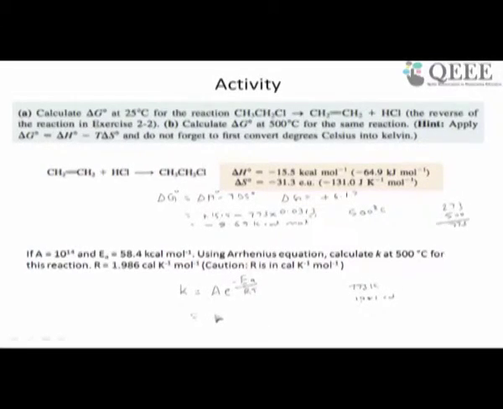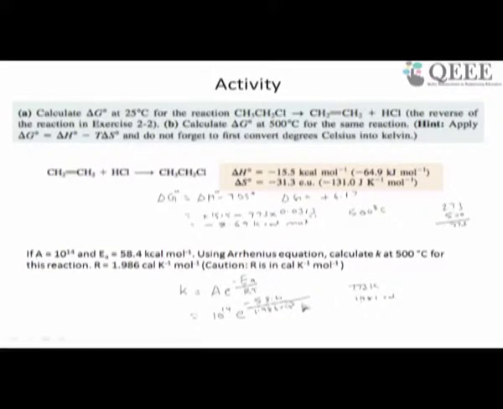Just if you substitute all the values, then you can get K. A is 10 power 14, e power Ea is 58.4 kilocalories. Since R is given, since energy of activation is in kilocalories, this also should be in kilocalories, so you basically need to divide it by 1000. So in other words, you can just put 10 power minus 3,